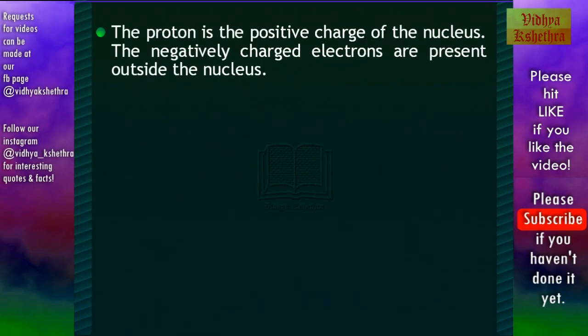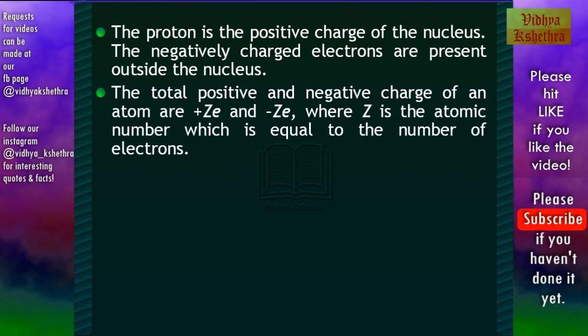Now the proton is a positively charged particle in the nucleus, and the negatively charged electrons are present outside the nucleus. This is according to the quantum theory. Now the total positive and negative charge of an atom has to be equal since the atom is electrically neutral. And these charges are positive Ze and negative Ze, where Z is the atomic number, which is equal to the